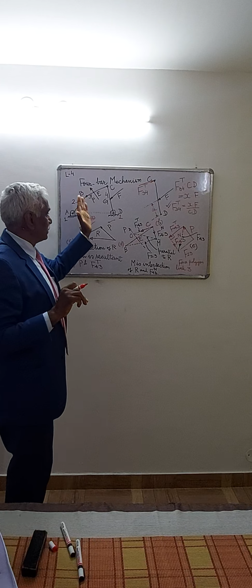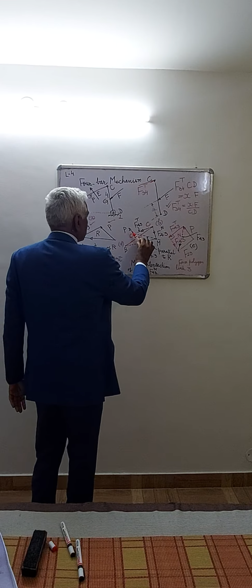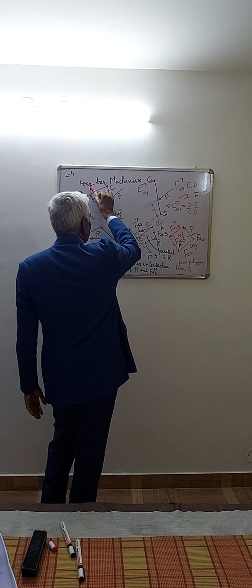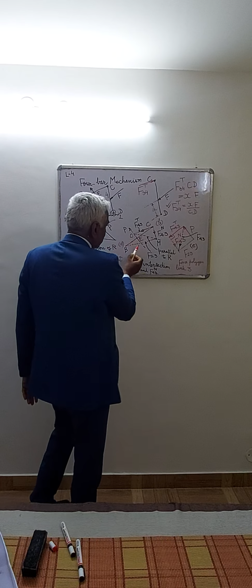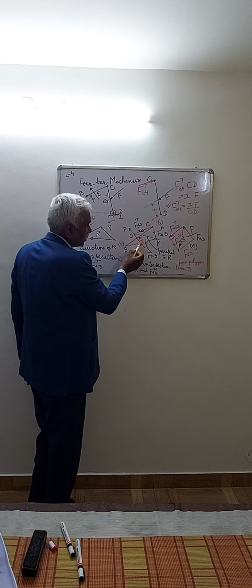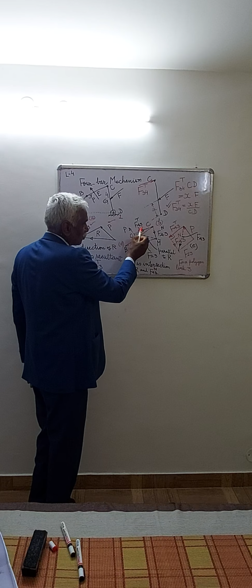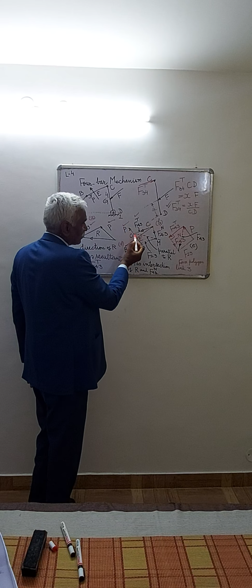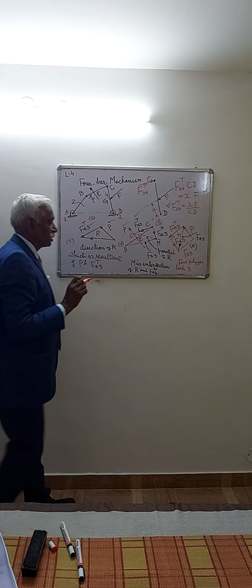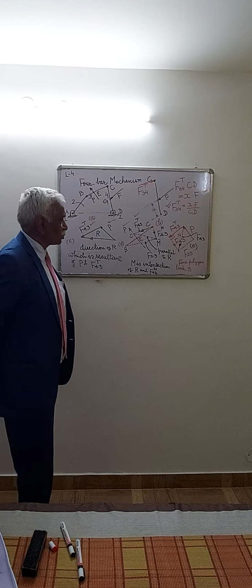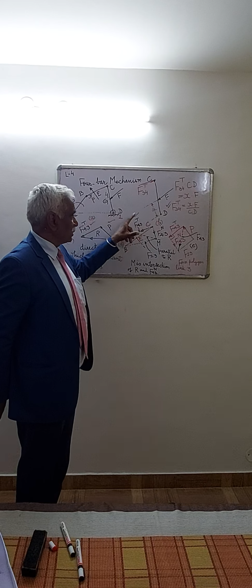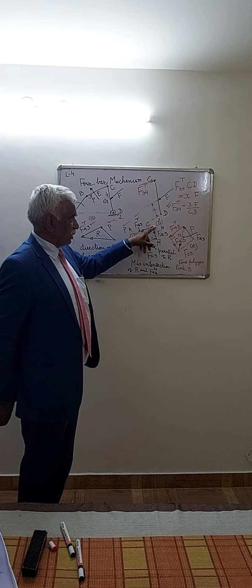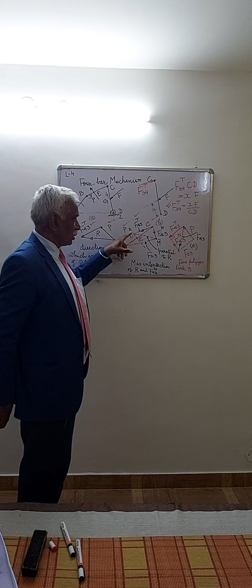Another force is acting through E, that force is P. So from E, a line parallel to the line of action of force P is drawn like this. So this is the line of action of this force F43T, and this is the line of action of this force P. The lines of action of both forces intersect at point O. The line of action of force P, which is passing through E, and the line of action of F43T, which is passing through point C, are intersecting at point O.